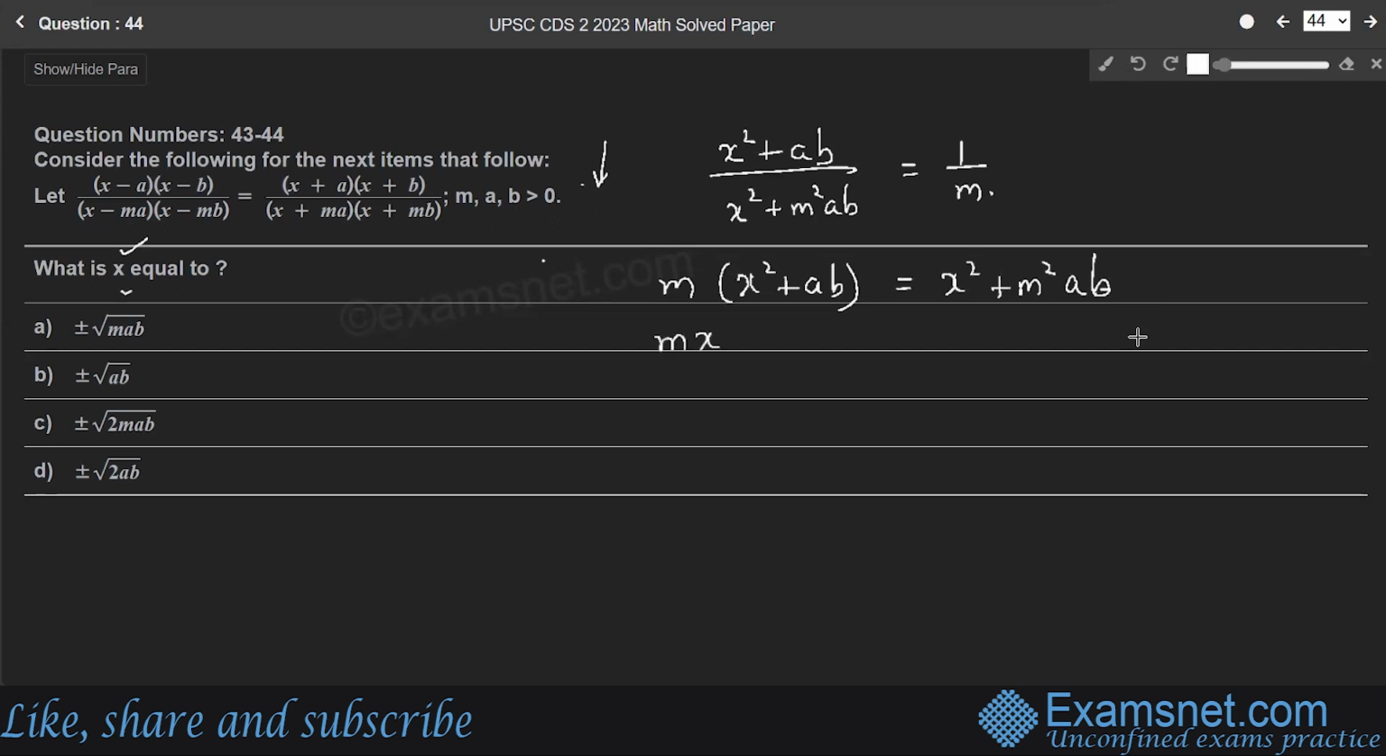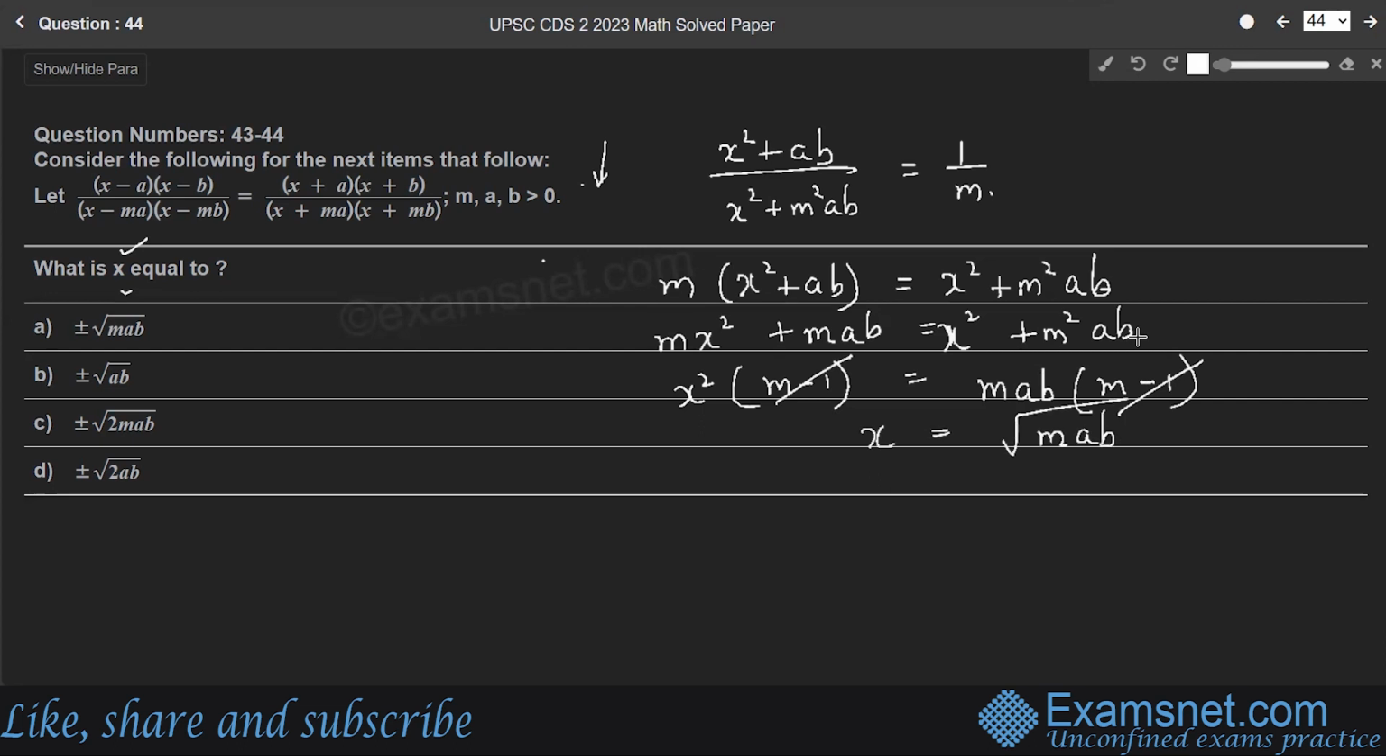Expand this, m x square plus m into ab is equal to x square plus m square into ab. So take this x square to the left hand side. So x square into m minus 1 is equal to, so m ab, when it is taken out, m into m minus 1. So that we can cancel m minus 1 and m minus 1. x square is mab. Therefore, value of x is equal to, x square is mab, square root of